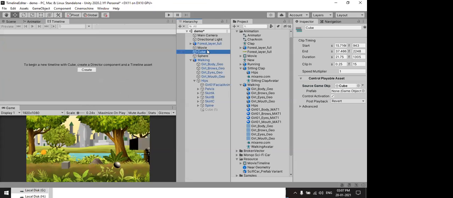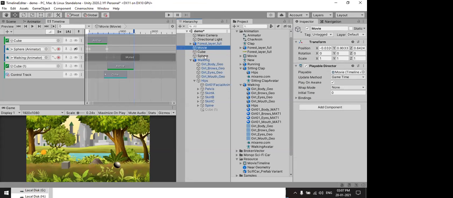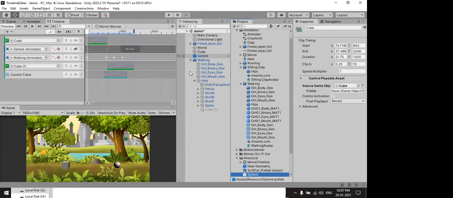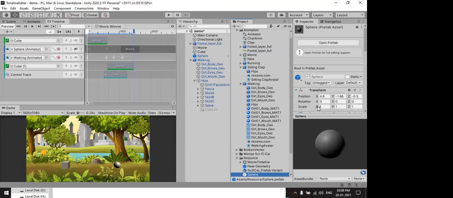I used some, add some sphere. Sorry, that sphere resource. Okay, cube, add this to sphere. So in this area only, that sphere will be displayed. That sphere size may be scaled, then only we are able to see that.